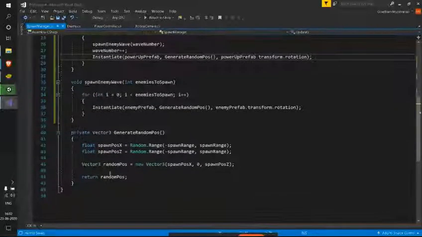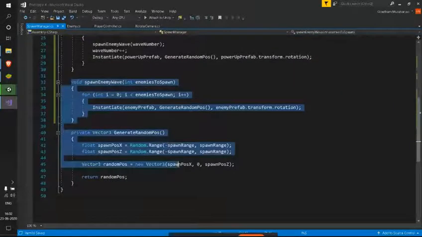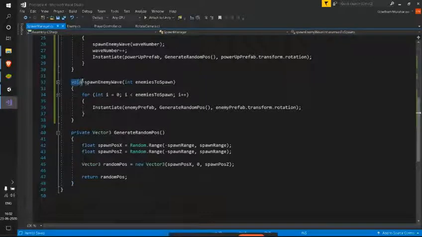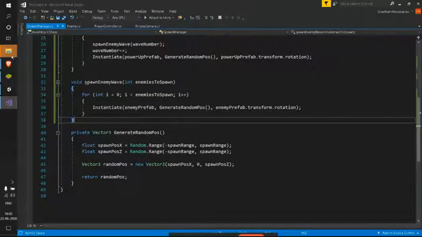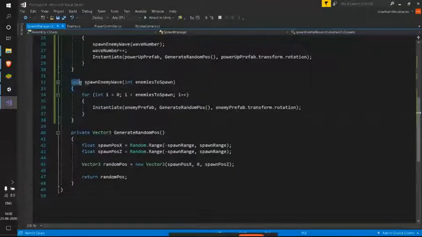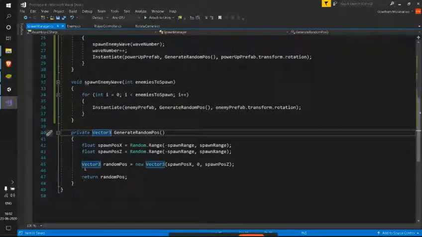See, let's talk about the difference between these two methods here. For this, we have void and we aren't returning anything. So void will be used when we don't need to return anything. But here we returned vector 3 and we want to return a vector 3 and we have done that. Our random position is a vector 3.